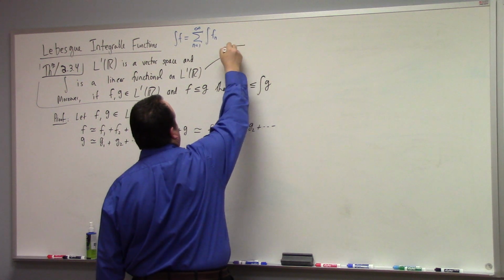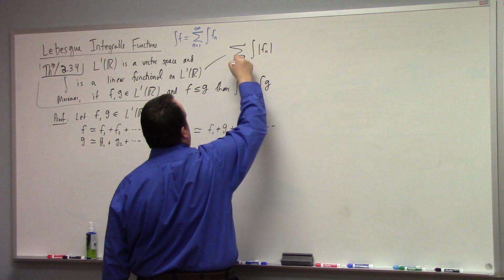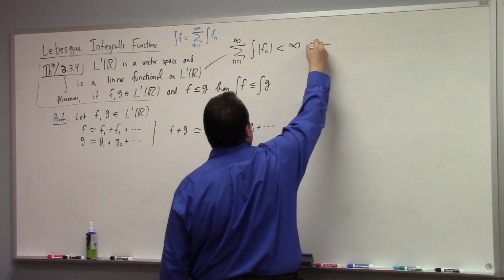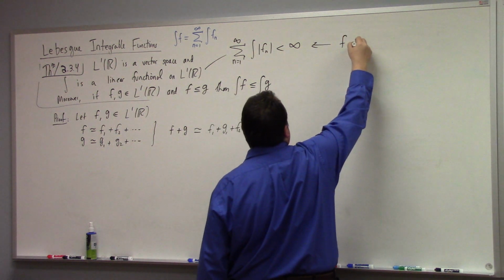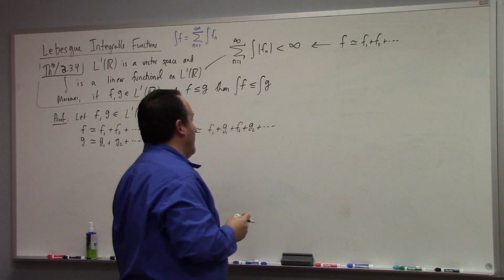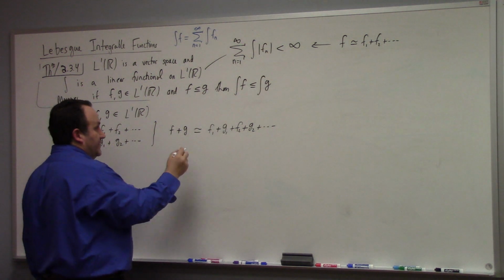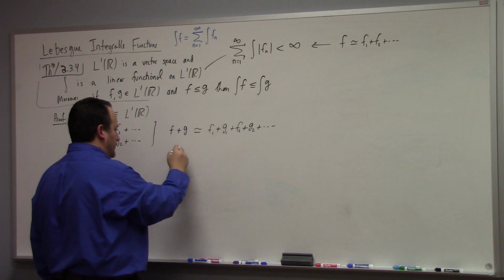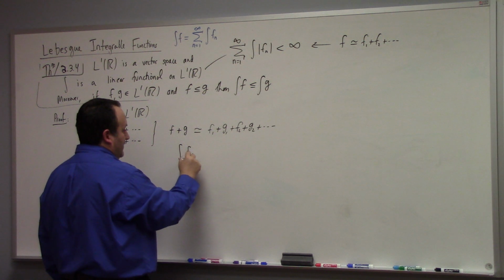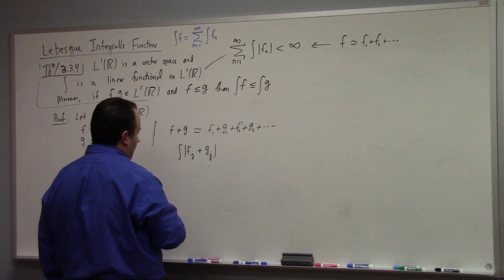That the sum of the integrals of the absolute values is less than infinity. This is what you get from saying f is represented by f1 plus f2, among other things. So we would like to check that the sum, so we're looking basically at the integral of, let's say, fj plus gj. If we take that,